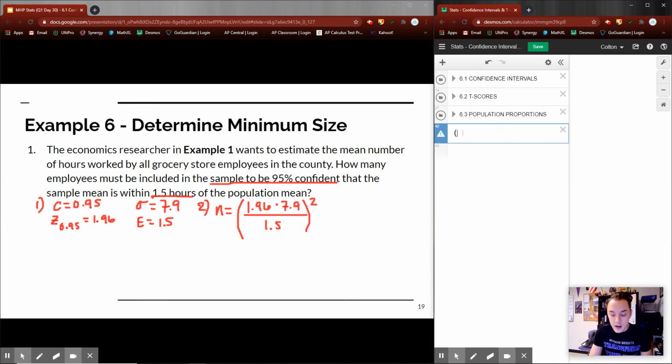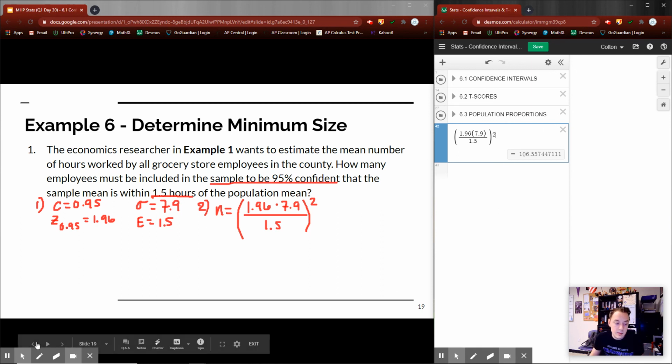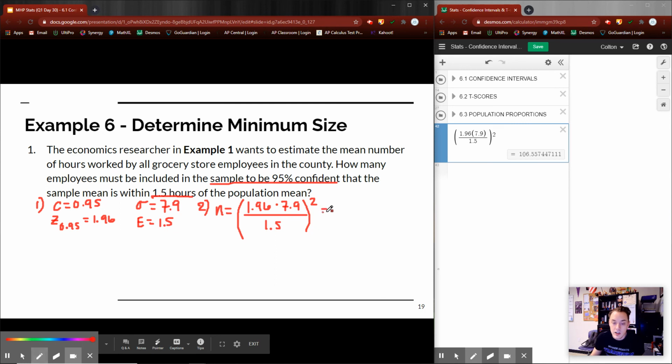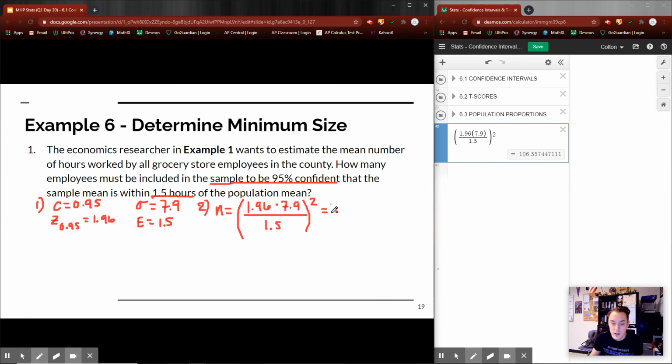So I have 1.96 times 7.9, all over 1.5, and I want to square this. So what does that tell me? This tells me my minimum sample size, 106.56. Okay, so roughly my minimum sample size is 107